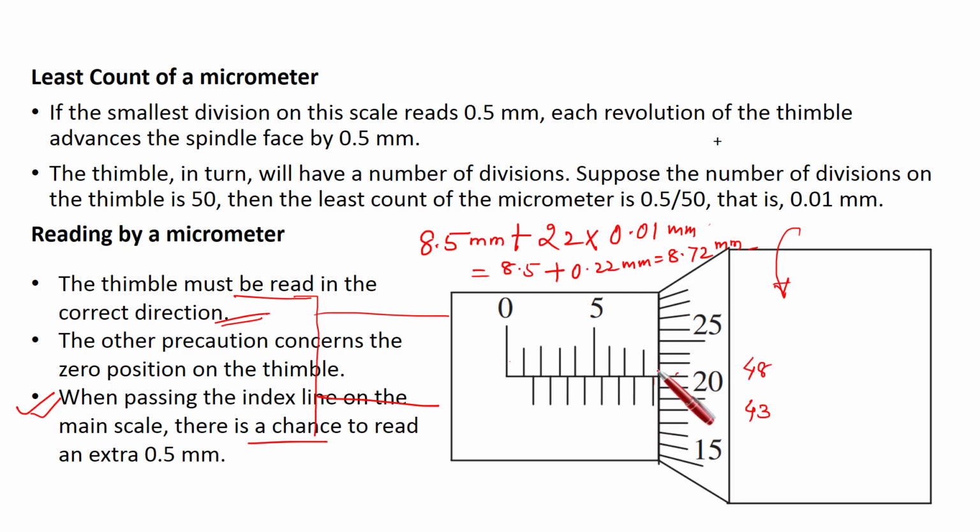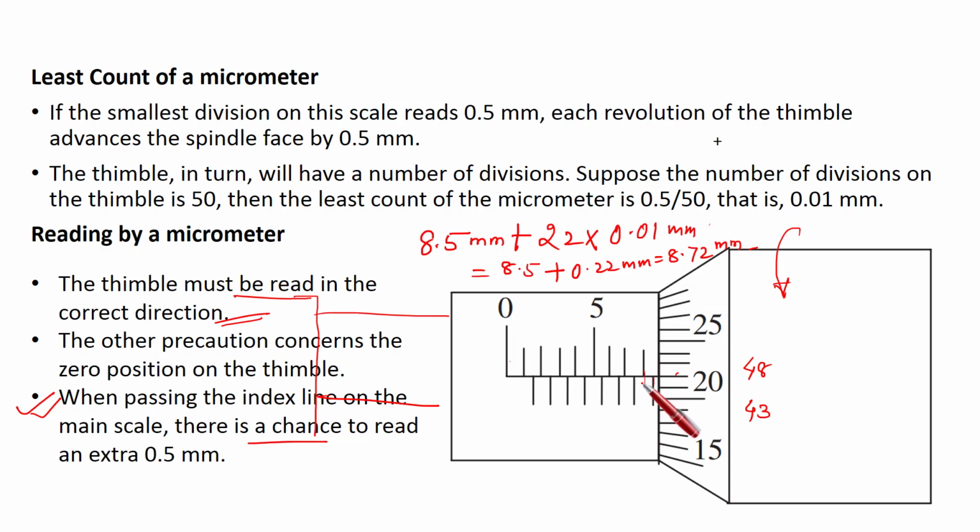Clear? So now which line will you count, this one or this one? Look, when it was 43, this line was visible only, right? And as soon as it has reached 48, this line started becoming visible. That means some problem is there. Sometimes it happens that this starts showing up before it reaches 50. So that time you need not count this one. Why? Look here, without having a complete rotation, there are two lines now visible.